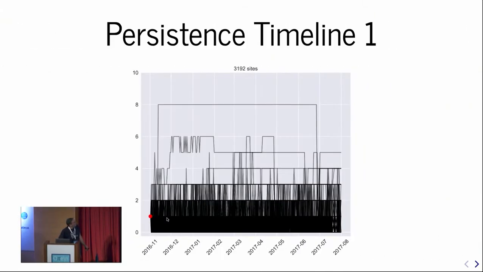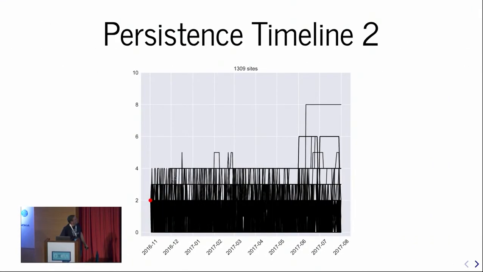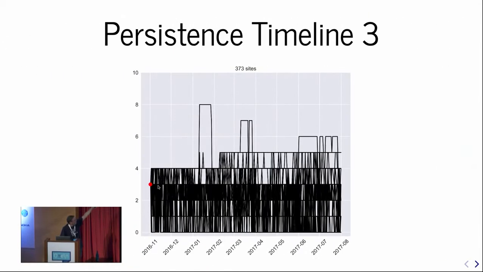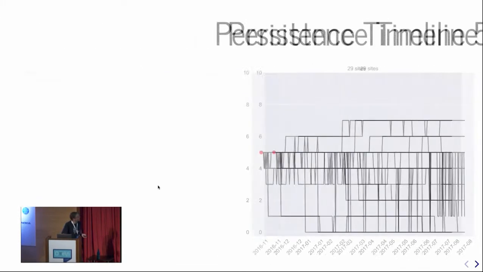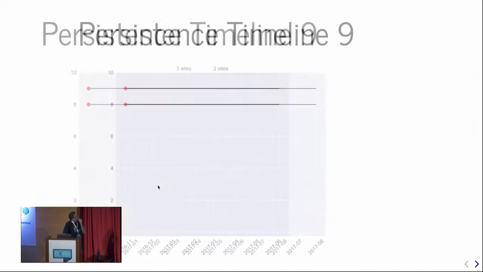Then when we move to websites that already had one vulnerability, you see again what's happening. It increases, but mostly decreases. We have like 4,000 sites, so there's a lot of information in this graph, and you see mostly going downwards. So people are doing a nice job. The same thing for 2 vulnerabilities, 3, etc. So we're seeing that at least the web developers are patching up the websites, mostly. As I don't have much time,